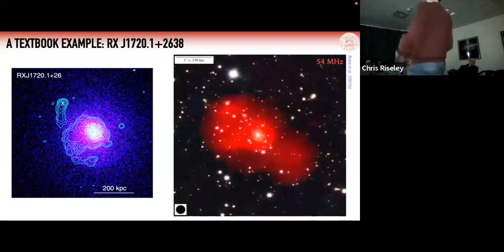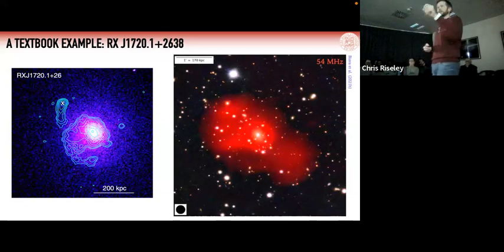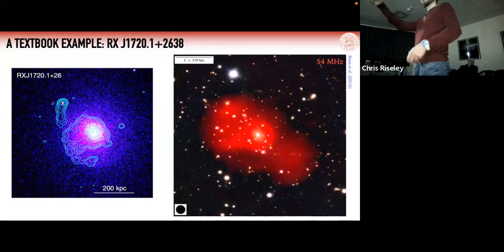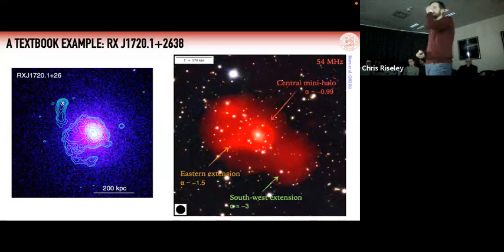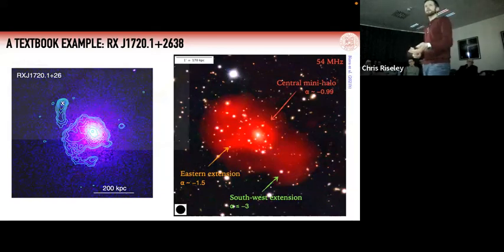When you get new data at lower frequencies, it's actually much larger. I've scaled these so they roughly trace the same physical scale, and so you can see all of this diffuse emission is contained within this region, and that extension up here is this radio galaxy. But there's all of this steep spectrum emission that you can only see with the latest data going to the lowest frequencies. And you can see very different spectral indices in the different regions, which trace the age of the electrons and the efficiency of the mechanisms.